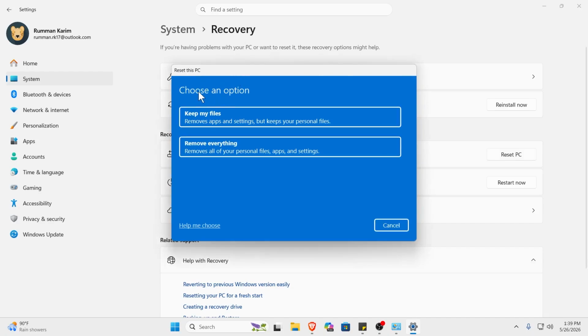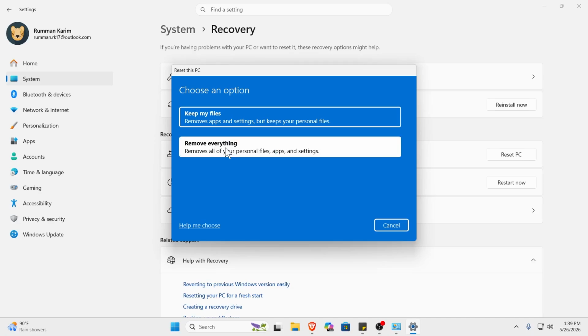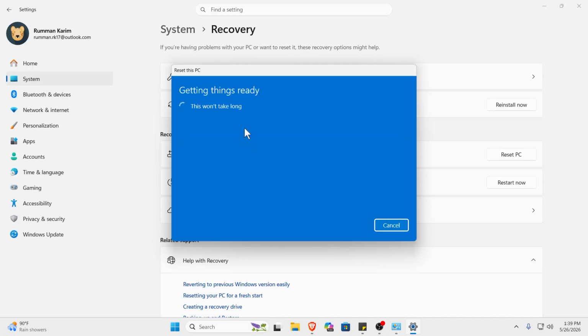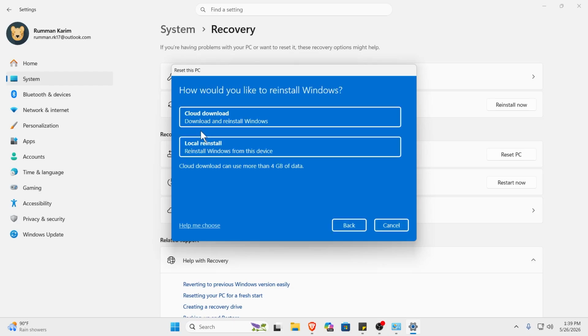After that, it's gonna give you two options. Keep all your files or remove everything. If you want a freshly installed Windows, you must click on remove everything. That will make sure to delete everything and reinstall our Windows for you. So just select this. After that, just give it some time and it will tell you that if you want